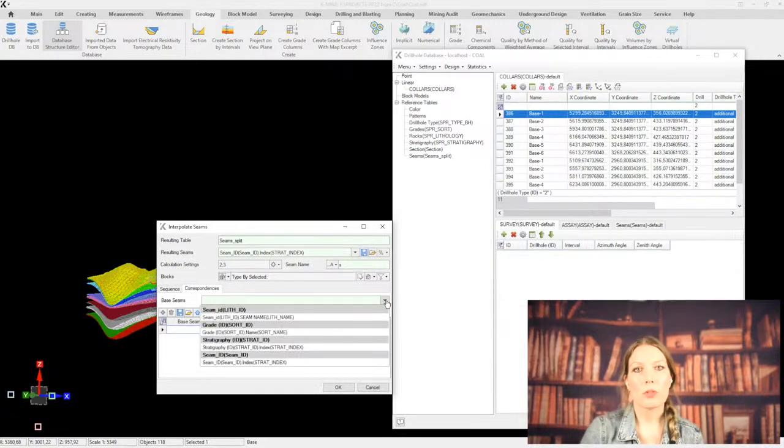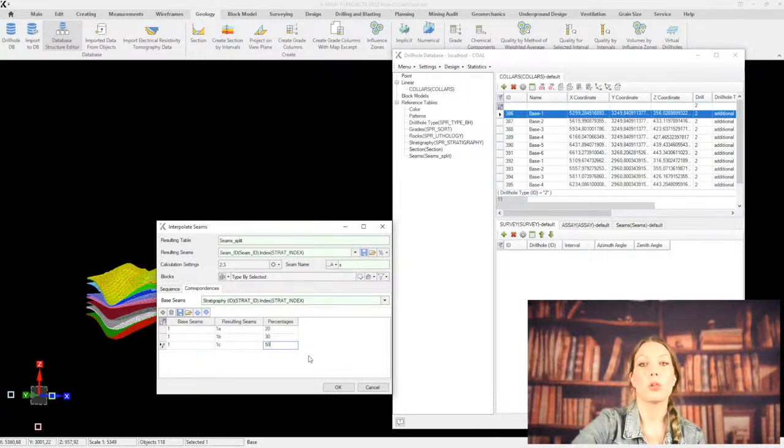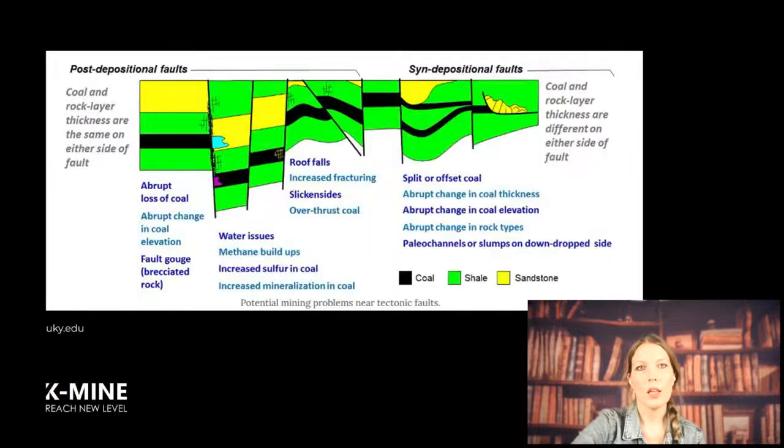The second option relies on the percentage relationship between the daughter layers, 1A, 1B, and 1C, and you'll define this relationship in the table assuming the total thickness of the mother layer, seam 1, is 100%. And when creating the new table, the daughter layer's thickness will be recalculated based on the percentage contribution to the mother layer's total thickness. It's important to note that a preliminary analysis of the deposit structure is always essential when